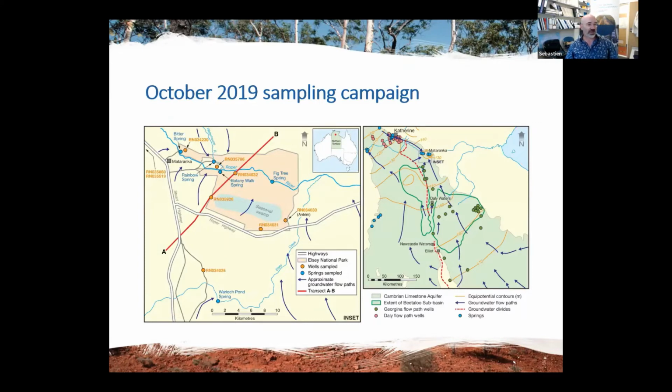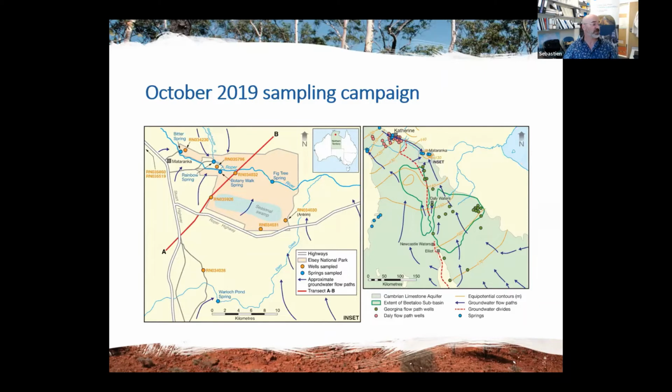What I will show today is mostly results from one sampling campaign that we had in 2019. On the figure on my left, you see an outline of Elsey National Park. Mataranka is right here. We sampled four of the springs around Mataranka. The two major ones, Bitter and Rainbow Springs, which you probably have seen if you've been there, are fairly substantial, and they contribute about half the dry season base flow of the Roper River. However, there are numerous other small seeps and springs throughout the region. We sampled two other smaller springs, Fig Tree, on the margins of the Roper, and the traditional owners showed us a spring we did not know about on Elsey Creek,